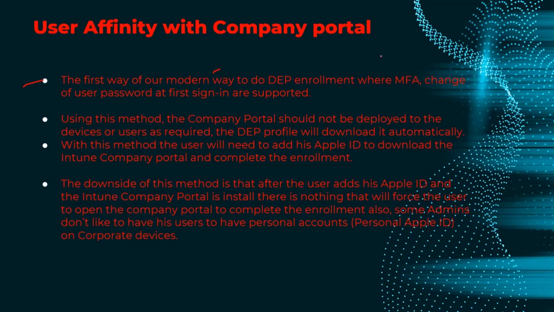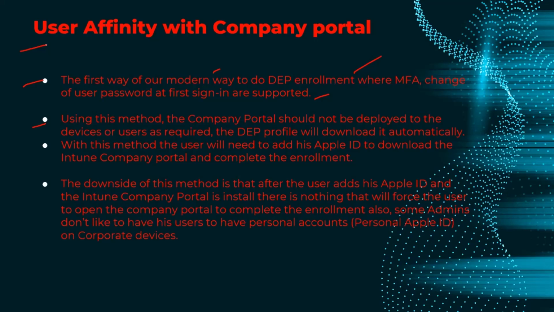And this allows us to make use of MFA and to change the password as well. It is supported. And remember this point, this is important. When you are using user affinity with company portal, if you are using VPP, that's fine. If you're not using VPP, you don't have to push the company portal application manually to the device. Like you don't have to go to apps in the Intune portal and then select company portal